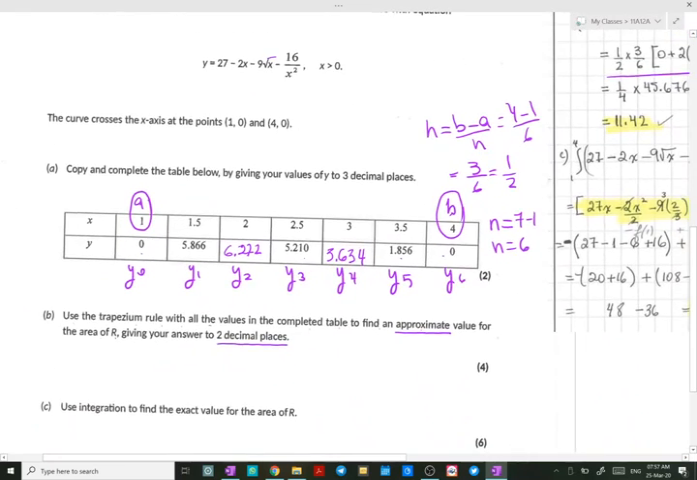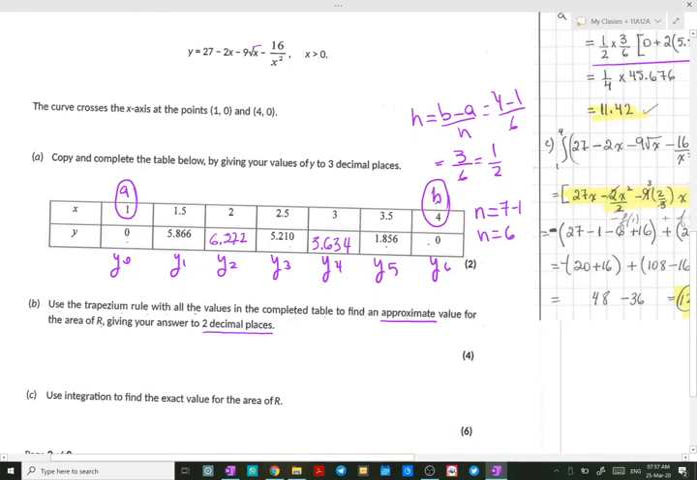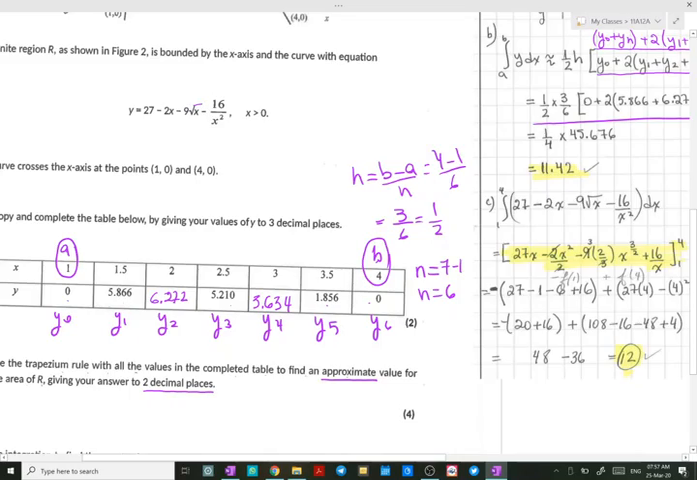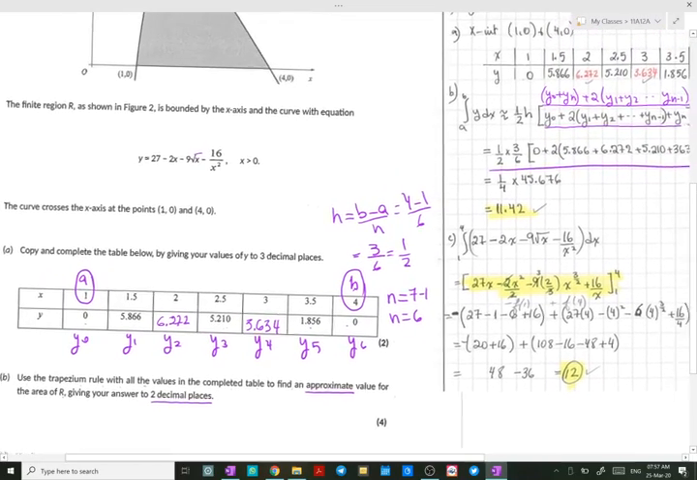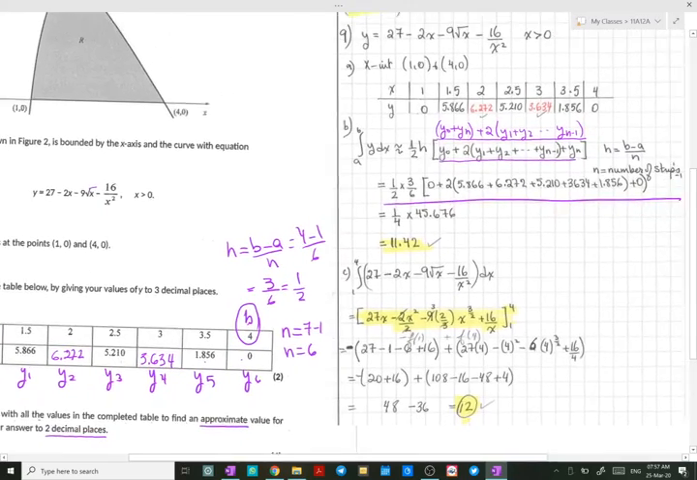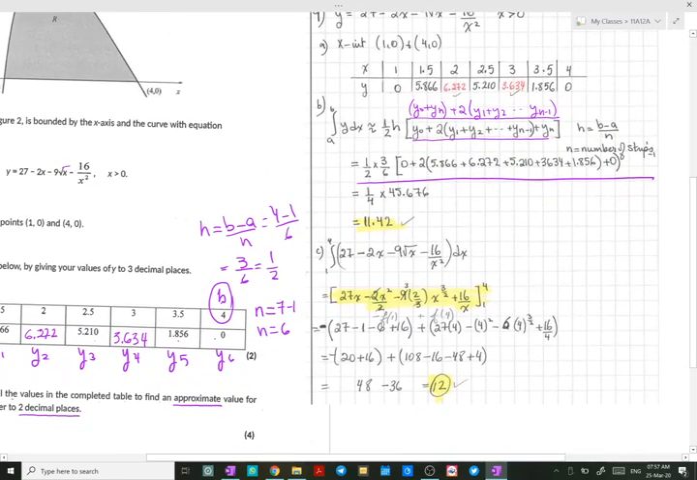Part C: use integration to find the exact value for the area. Now when you integrate, you are finding the exact value. When you're using the trapezium rule, you're finding an approximation for this value. So you start with